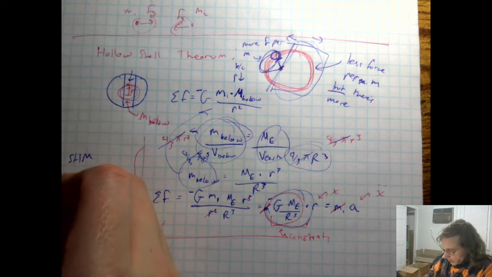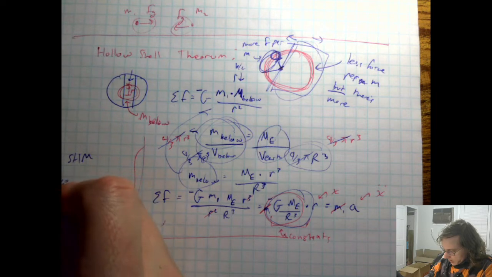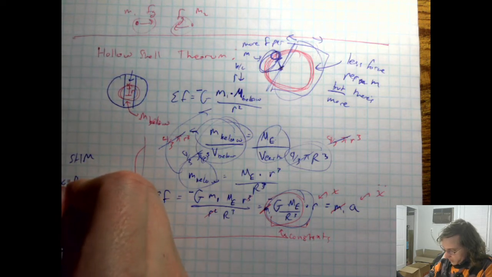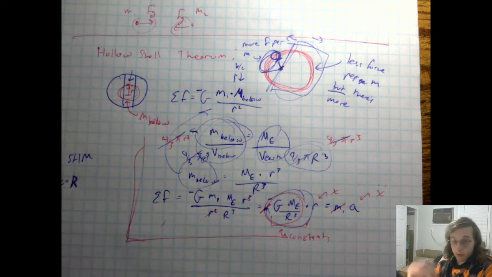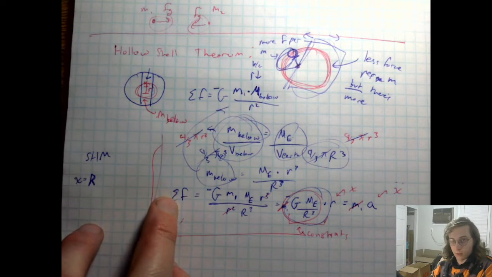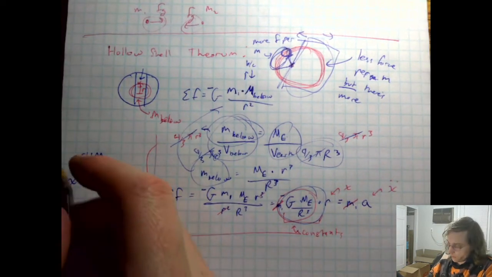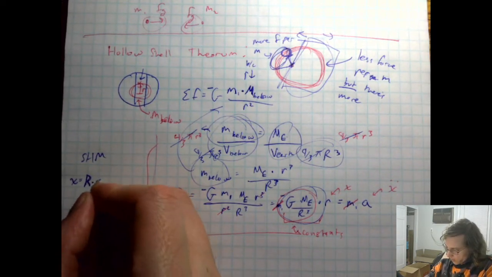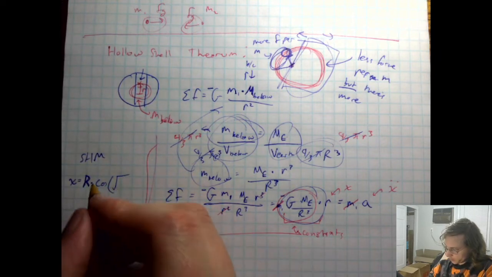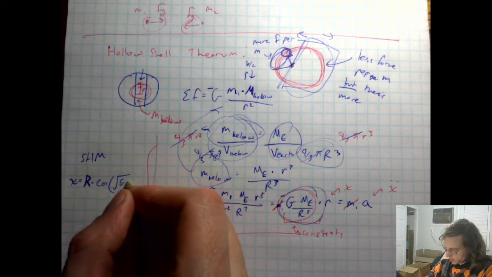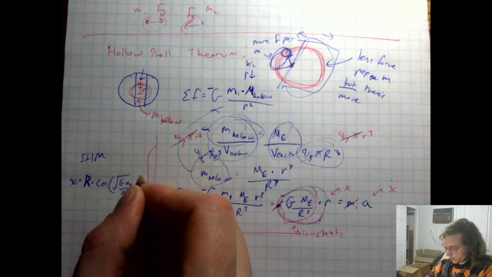So our x function will be such that the radius of the Earth, which is our maximum x amplitude away from the center, times the cosine of the square root of G M_E over capital R cubed times our time